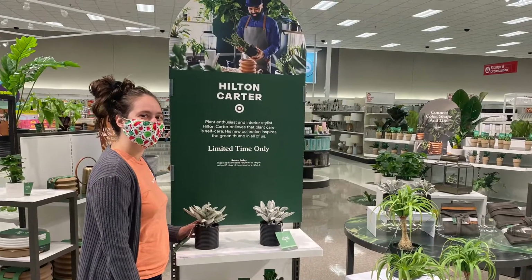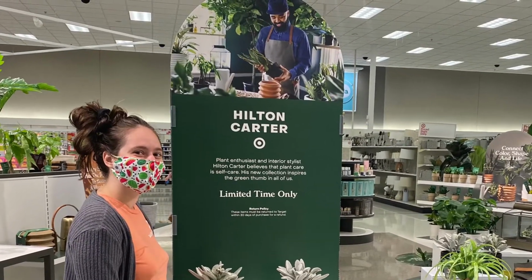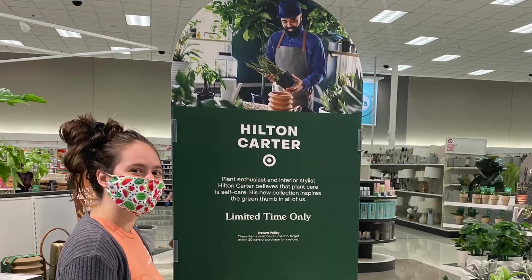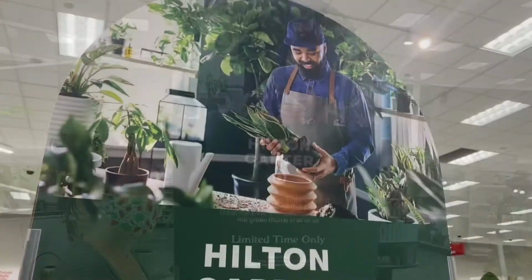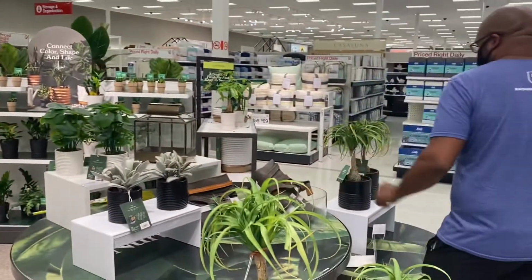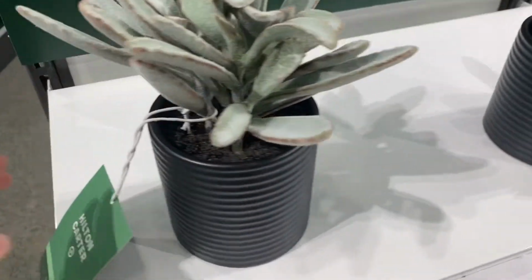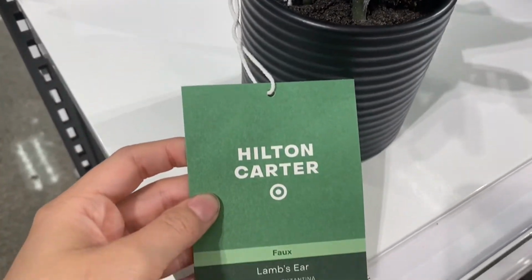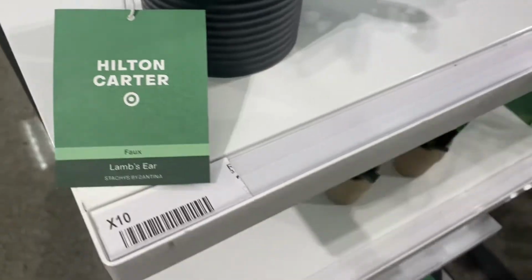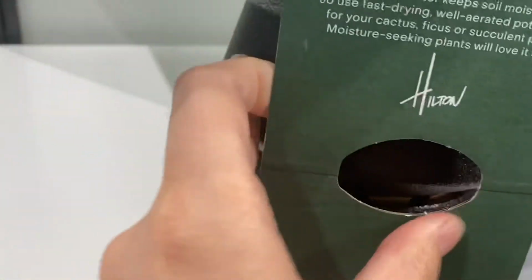Guys, I'm so excited to show you. I have been following Hilton Carter for a while on Instagram, and if you are in the plant Instagram community, I'm sure you've seen his posts before. I was so excited to see that he was doing a collaboration with Target and had to go in and see what he had. First off, everything was so freaking cute, from the items themselves to the packaging, and they